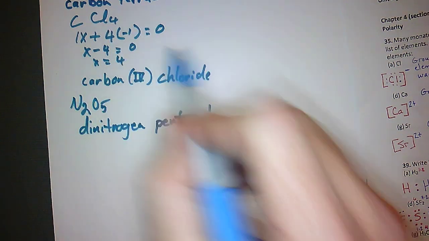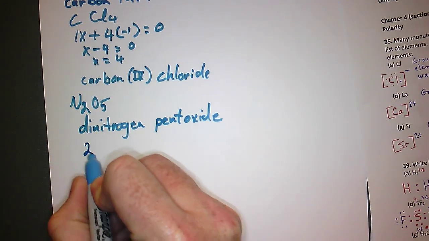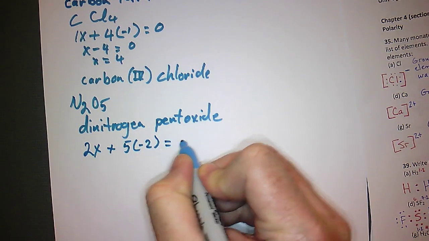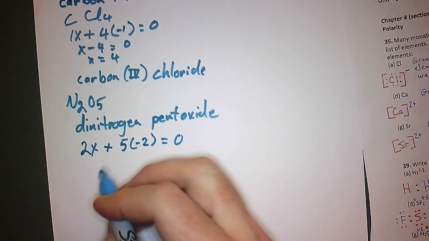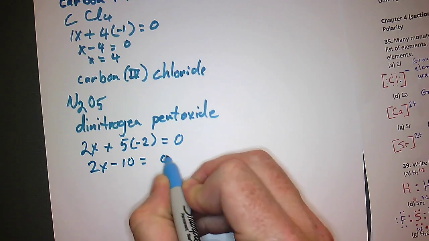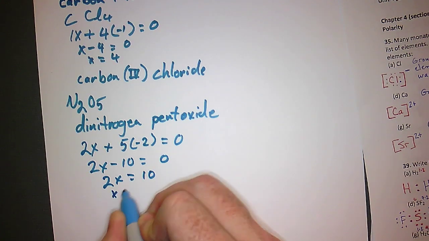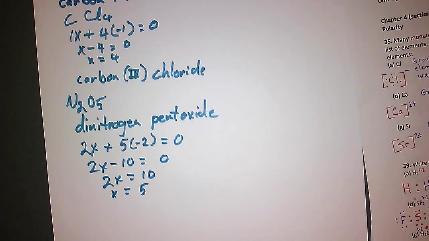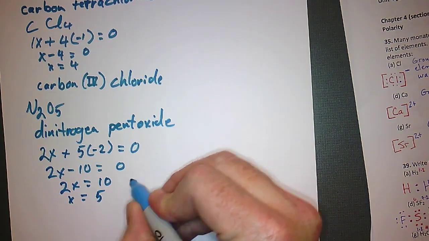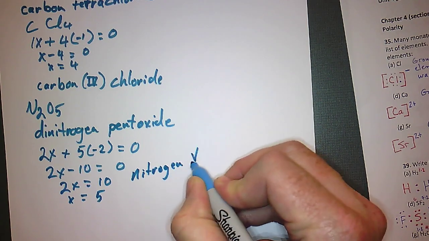All right? And then we do the second method, which is the Roman numeral method. So it would be 2x plus 5 times -2 equals 0. All right? And then 2x minus 10 equals 0. Add 10 to both sides. 2x equals 10. So x would equal 5. All right? Everybody with me? Just some basic algebra. So we would write it as nitrogen, Roman numeral 5,